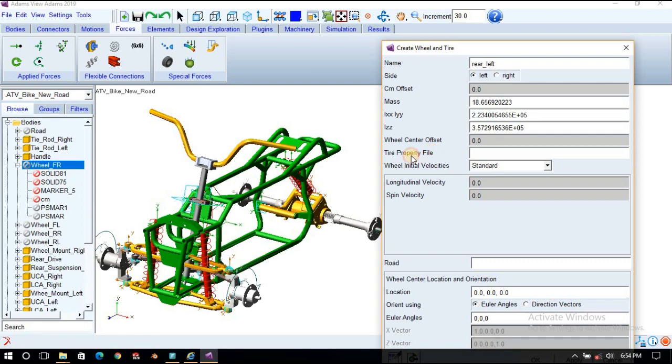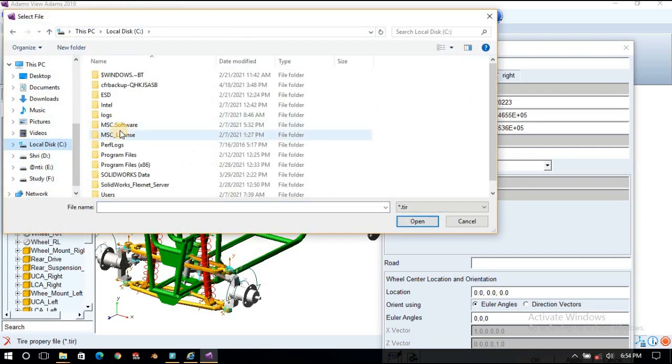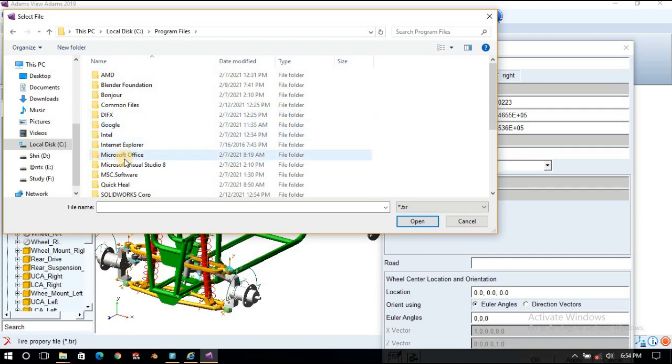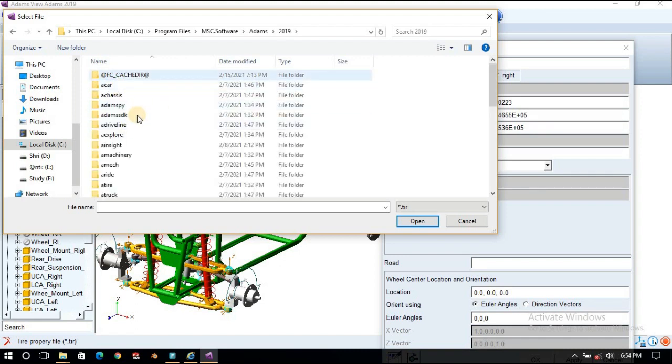Then the most important, the tire property file. Here right click and browse. You have to go to your Adams installation folder. In Program Files, wherever Adams is installed, go to that Adams folder and you will find different folders.